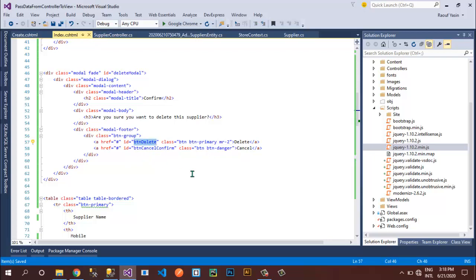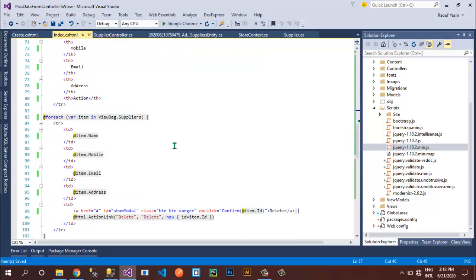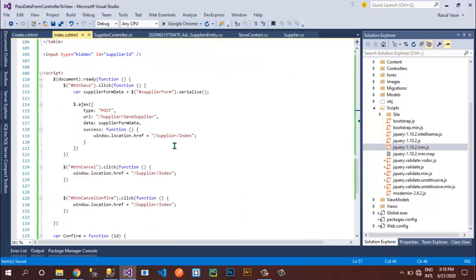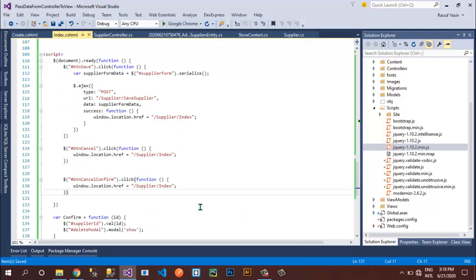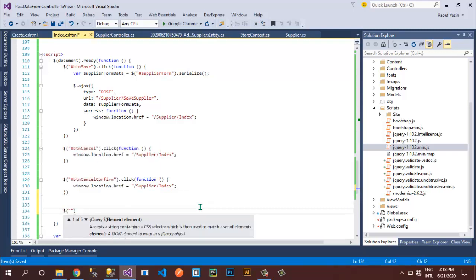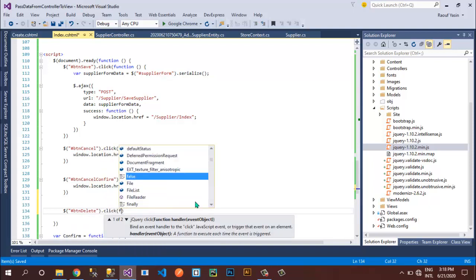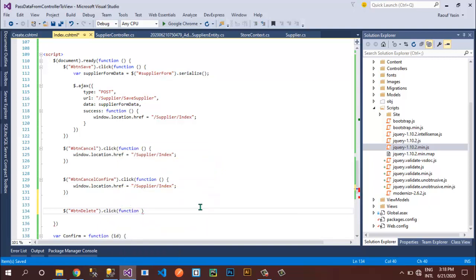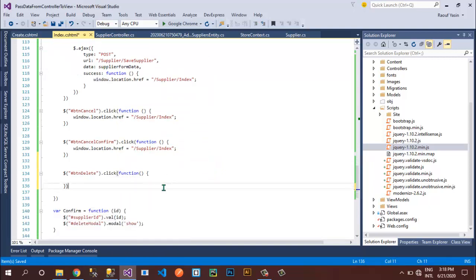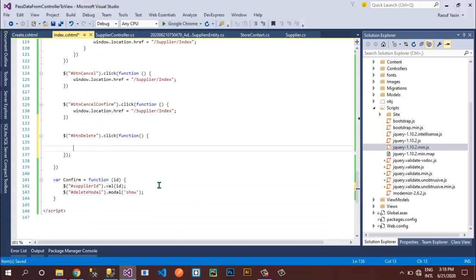It's btn delete. Now we can create a jQuery call, and over here I will create dollar, and I will pass a reference to my button btn delete, and then I can click, and over here I will create my callback function. Perfect. So over here I can easily write any logic.